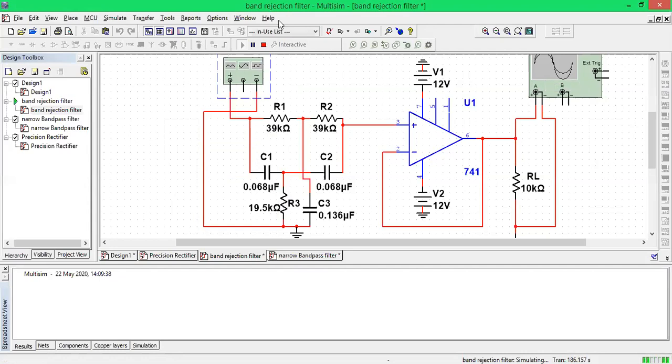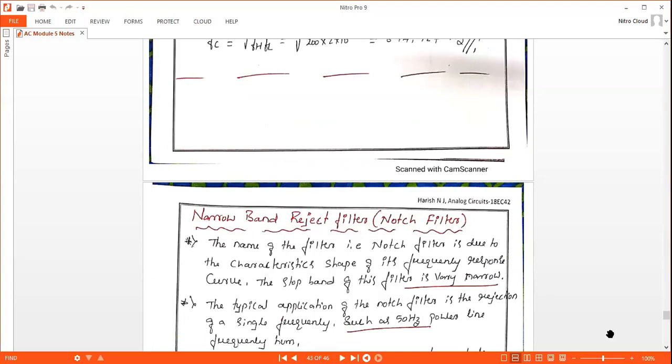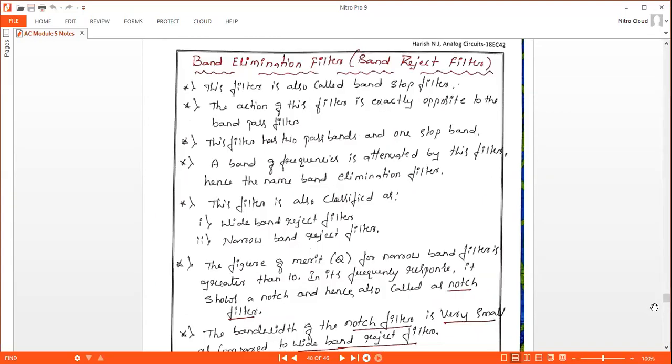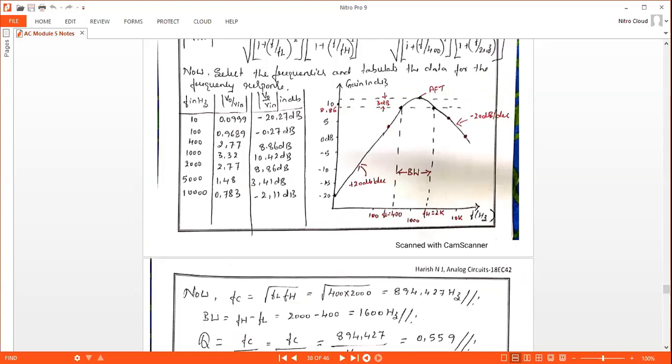Now what we have to do? First you have to make this kind of tabular column, with 3 columns. The first column will be the frequency column. The second column will be the output voltage column, that is V0 by Vin. And the third one is gain in decibels, that is 20 log of V0 by Vin. I repeat, the first column represents the input frequency. The second column represents the gain V0 by Vin, wherein Vin is equal to 5 volts peak, and the third is gain in decibels, that is 20 log of V0 by Vin. So these are the 3 columns we have to make.